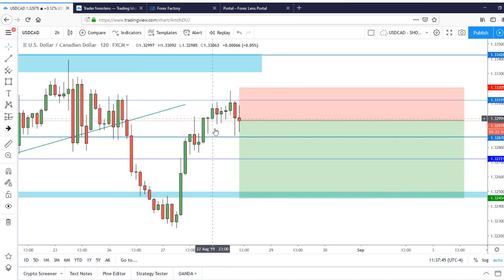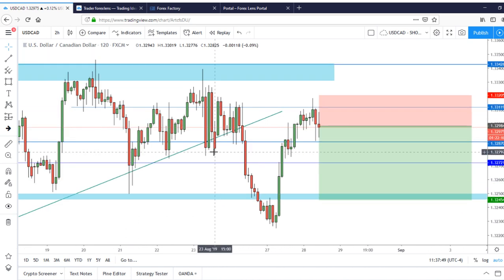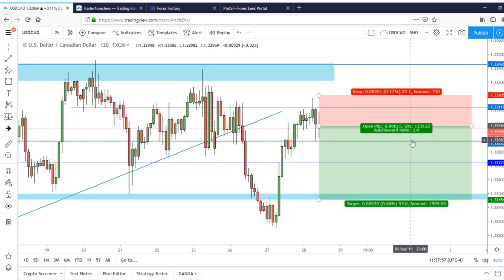USD CAD, there is a possible intraday short. I don't like it, but if you made some profits this week and you're feeling a bit less risk averse, you can definitely take the setup because it is a good setup. It's 2.4